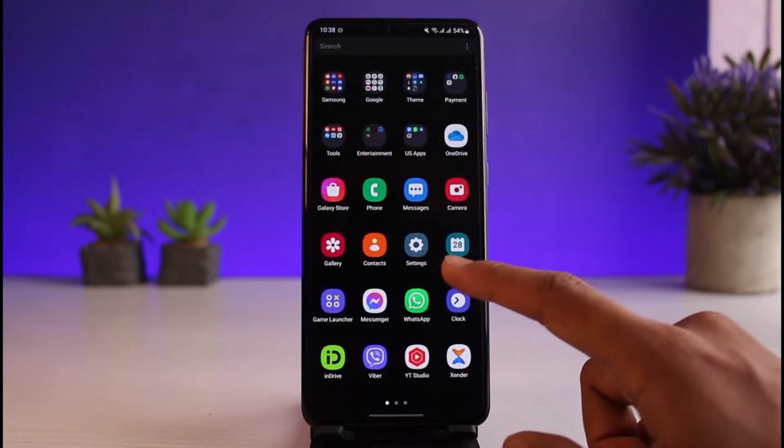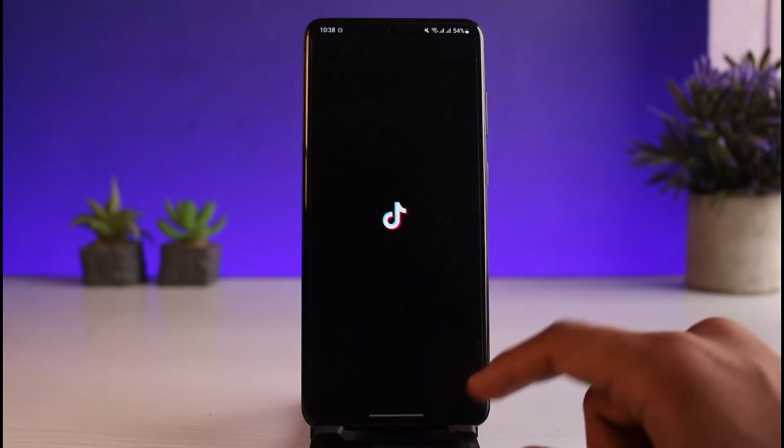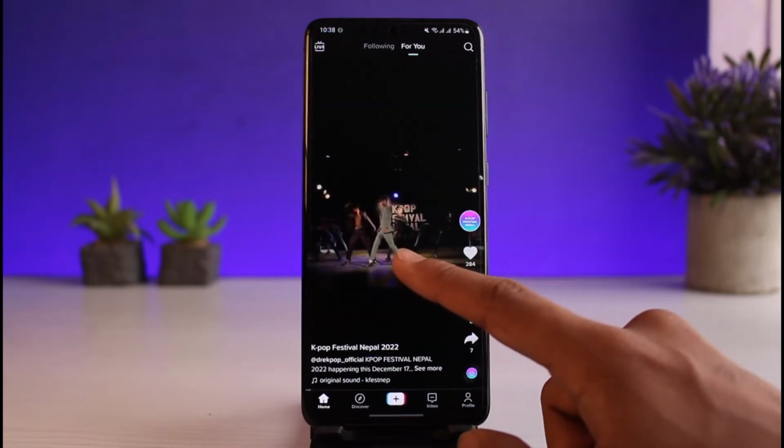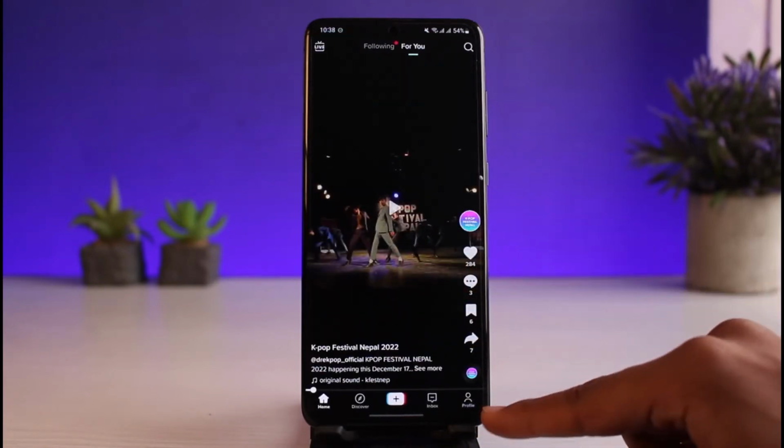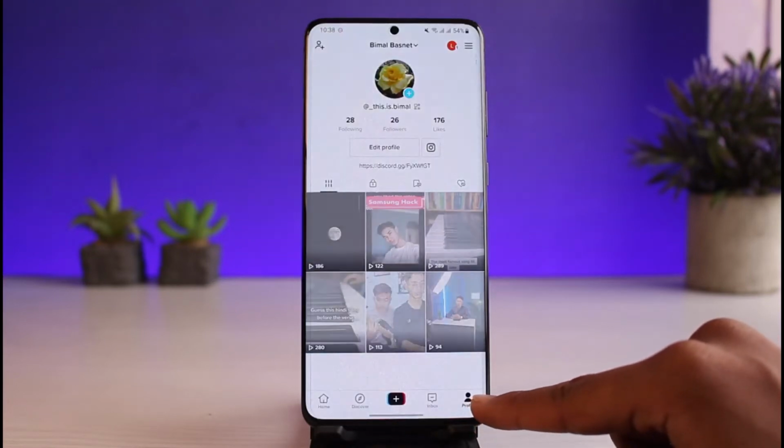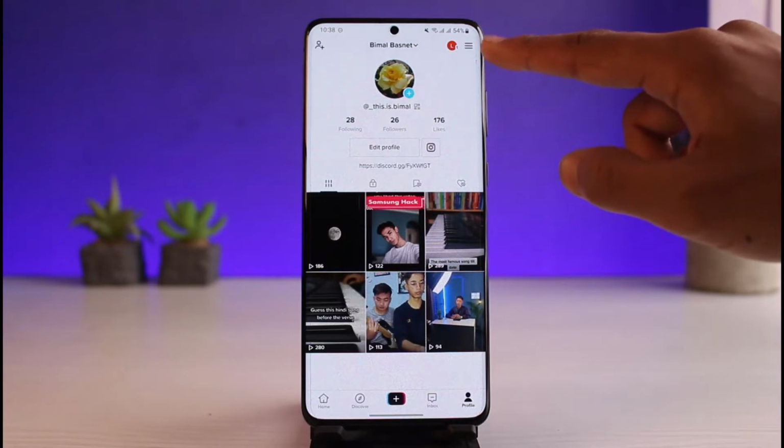So first, if I just go ahead and launch the TikTok app, you'll be able to see that this is how it is actually going to look. So you just need to tap on the profile icon, which is at the bottom right corner. Once you tap on the profile icon, tap on the three lines on the top right corner of the screen,